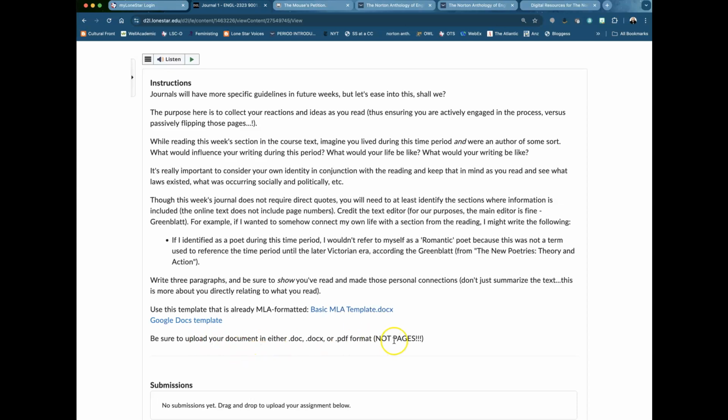So do not upload Pages files if you're working with a Mac, such like I work with a Mac. I have to either export my work to save it as a Microsoft Word document or as a PDF. Just make sure that you're uploading the right kind of document, because I can't open a Pages document, so I can't grade it, right? But if you click on this, it just takes you to a template that's really basic and straightforward. It just has all the information set up and spaced and all of that, because if you're using either the downloaded version of Microsoft Word, which I really suggest you do, you have access to that as a student at Lone Star,